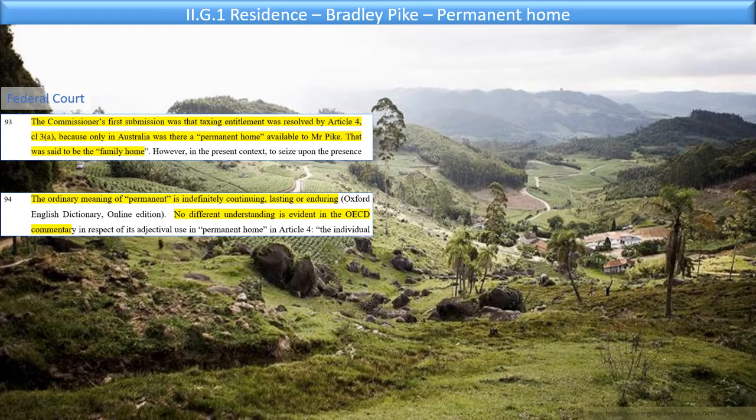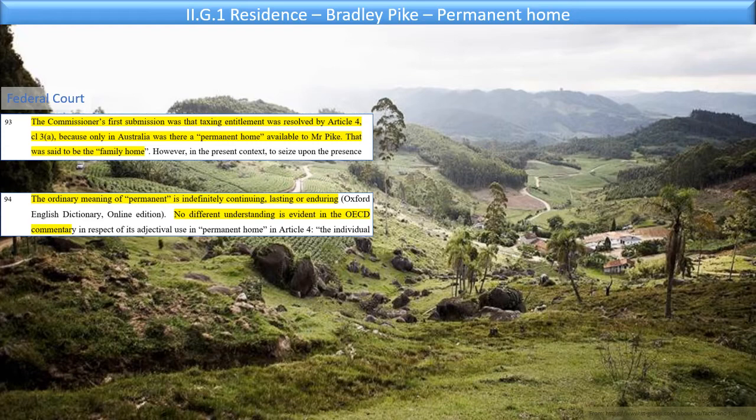And what he does before this is he goes through Australian case law on how to interpret treaties. And it's the usual obvious stuff. It's the natural meaning of the words. You need to look at the text, you need to look at the context, etc., etc. And then you can also pay attention to the OECD commentaries. He does not, in this stage, refer to the Vienna Convention, but that will happen in the next court. So I'm leaving treaty interpretation out here for now, but he does look at the ordinary meaning of the word